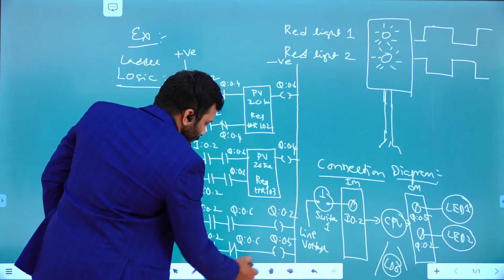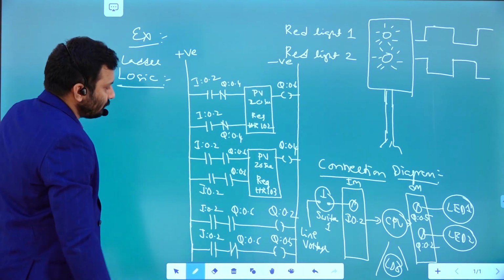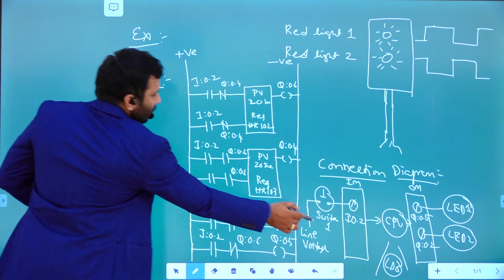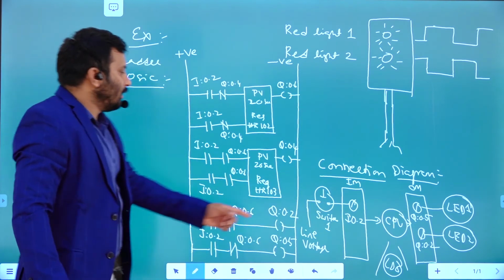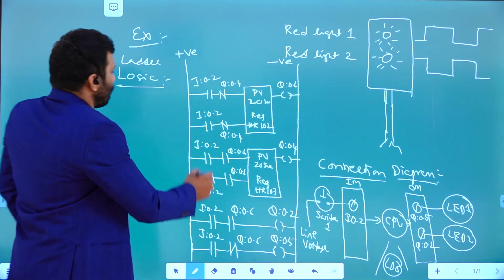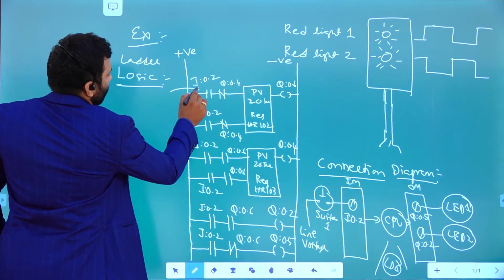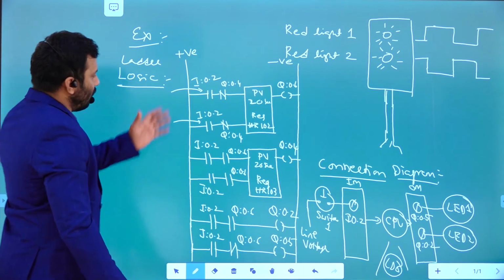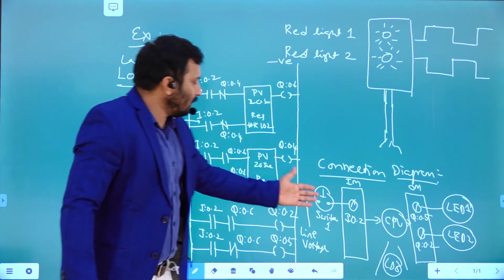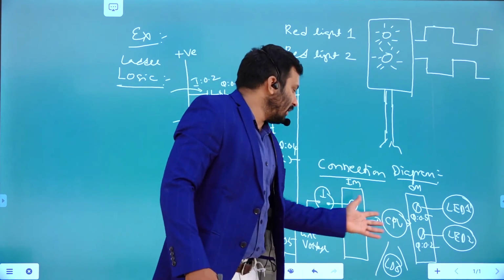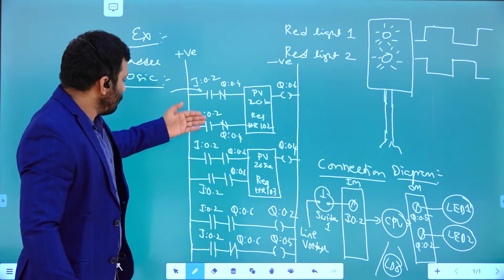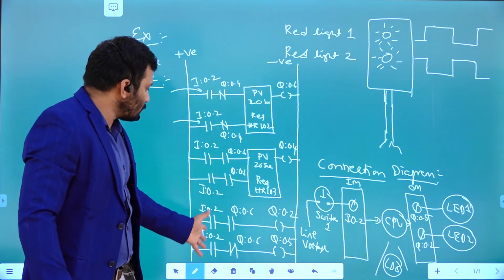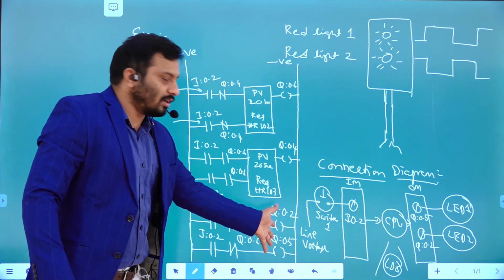How the operation is going to take place, we'll see now. The input switch is connected to the third input terminal, so you are going to get the third terminal input here and here. All of these are taking input from this particular terminal. If it is 0, all are zeros, so the two timers are not going to be operated. In a similar way, these two zeros mean these two outputs are off only.